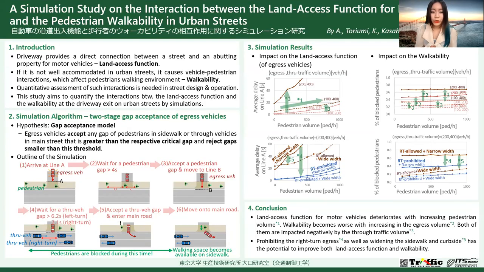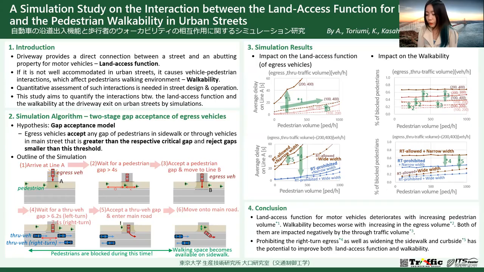Okay, so I would like to do the introduction about the research: a simulation study on the interaction between the line of sight function for motor vehicles and the pedestrian walkability in urban streets. To begin with, this research aims to evaluate the interaction between egress vehicles exiting from off-street and pedestrians